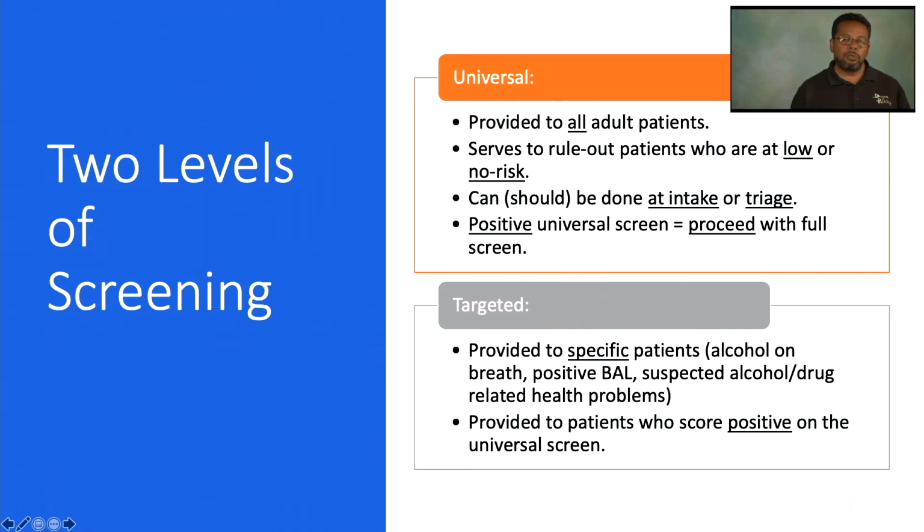But with universal, the goal is to take away the stigma that comes with substance use and mental health disorders. If you only screen targeted, people can feel judged and feel like you are making a judgment without any actual facts, and it could push them off and damage the therapeutic relationship. Whereas if you screen everyone every time, it takes away that stigma. It just becomes a normal part of the process at the office, with an intended frequency.